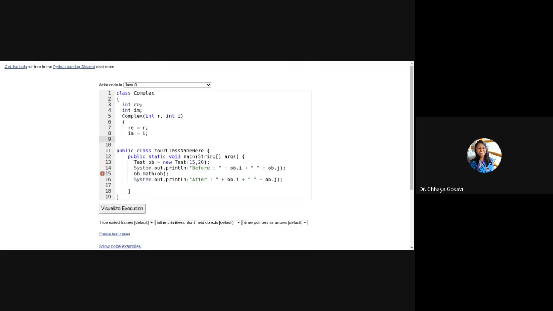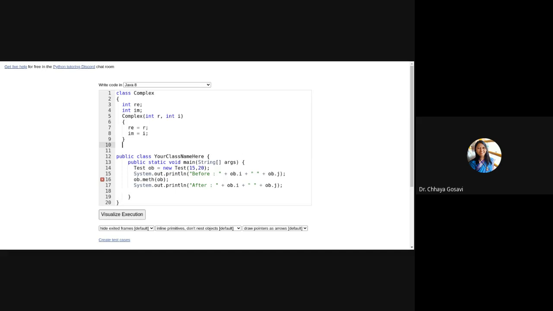This is my constructor, and I'm going to perform addition of two complex numbers. I want to return a complex number. So complex add, complex c1, comma complex c2. I'm passing two complex numbers.